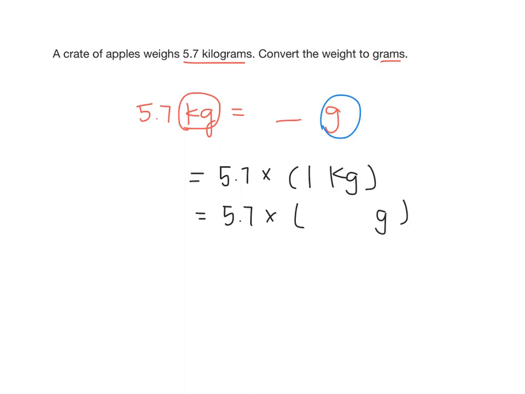We have to find out how many grams are in 1 kilogram. We do this by making sure everything in our parentheses is the same. 1 kilogram is equal to 1,000 grams. I hope by now you're seeing why it's important to know these conversions in your head. Okay, so I do 5.7 times 1,000, which would make the digits shift 3 times to the left. So it'd be 5,700